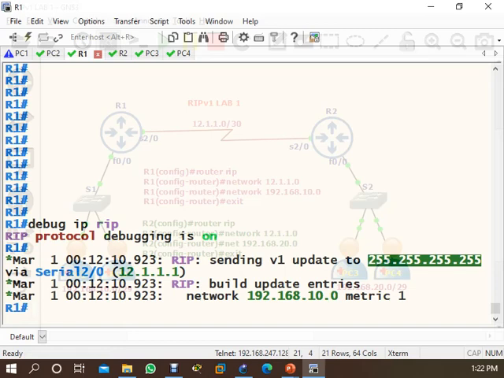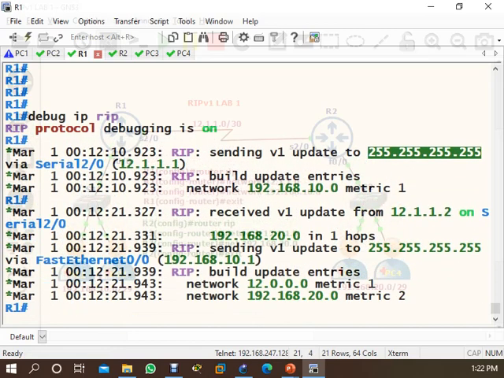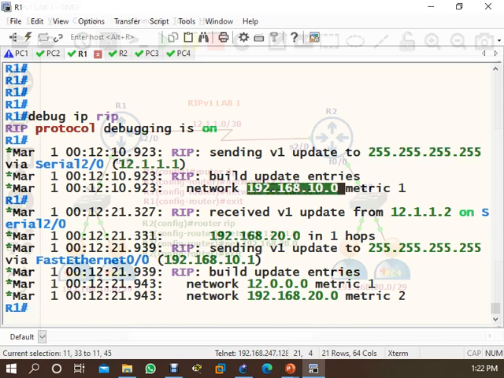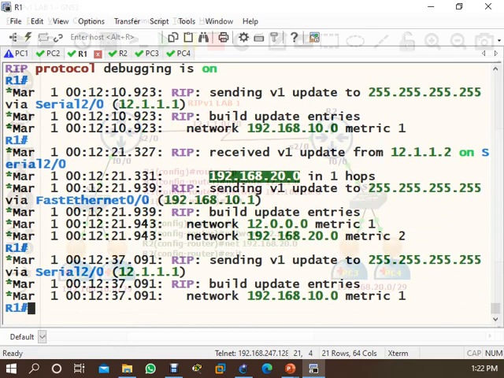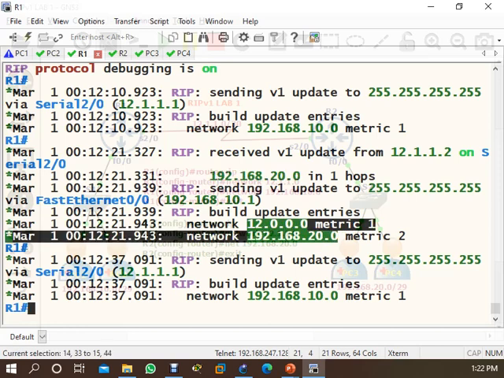It is sending 10 dot, but see, it is sending only the network, did it send any subnet mask? Received network via this, 20.0, no subnet mask. After receiving the information, he built a routing table like this, of the classful kind.